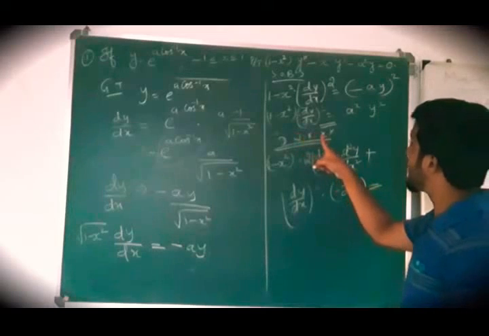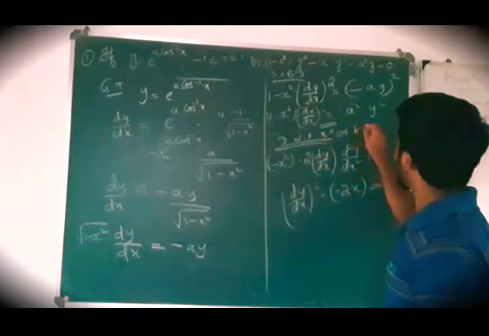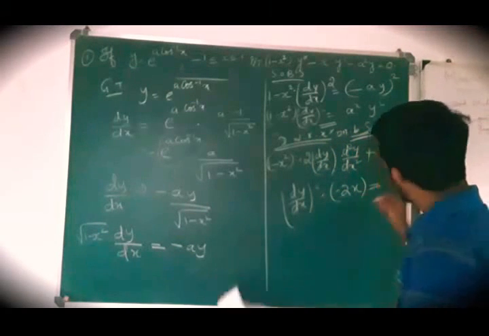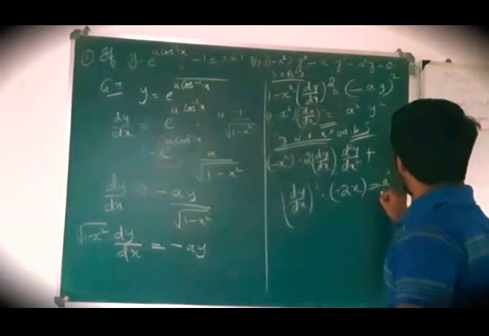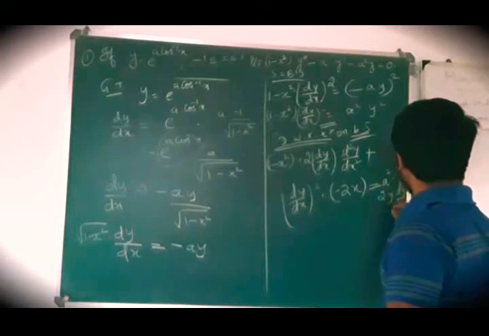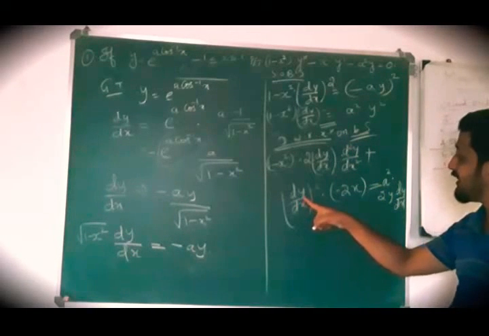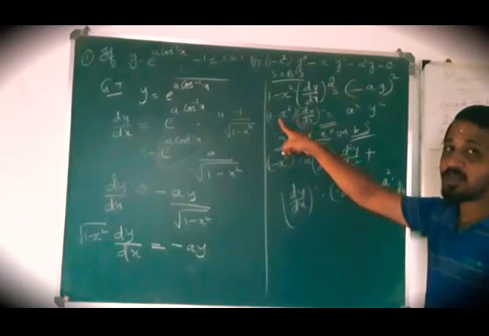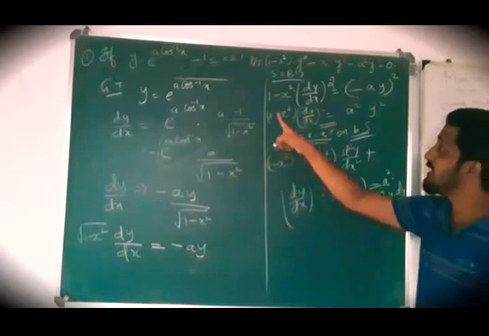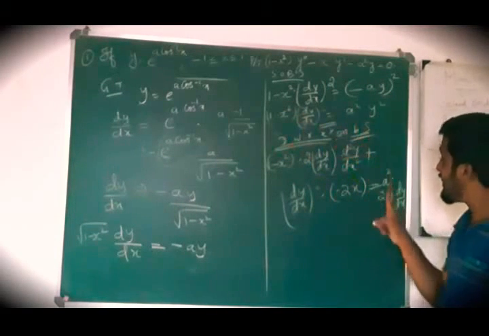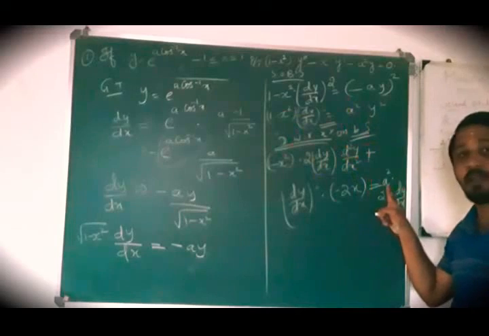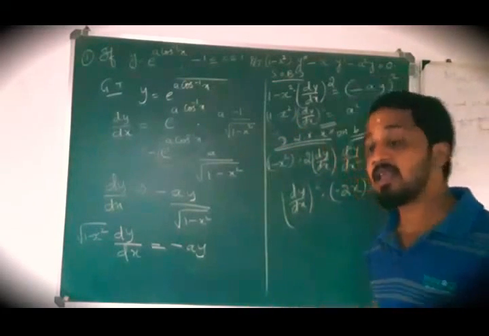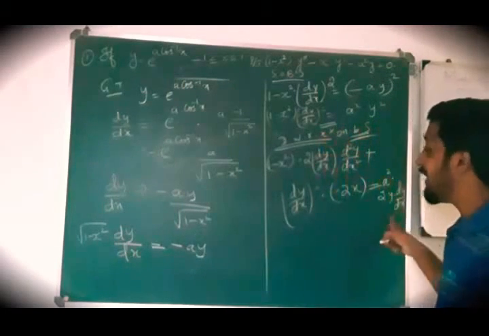Is equal to, differentiating with respect to x on both sides. Both sides you have to differentiate. So on the right hand side you will get a² into 2y dy/dx. Yes or no? (dy/dx)² into minus 2x, because differentiation of x² is 2x, and minus is there, so minus 2x is equal to a² into, this is a constant term, so I have to keep it as it is, a² into y², differentiating gives 2y dy/dx with respect to x. That's it, dy/dx.